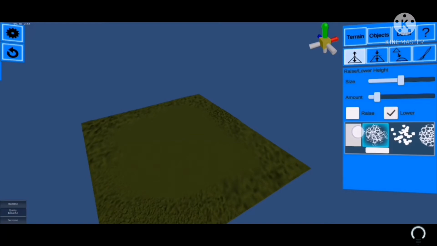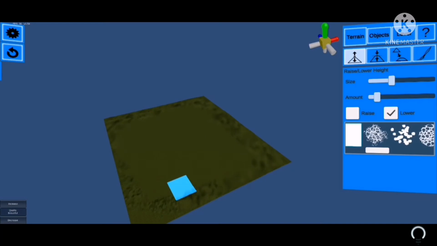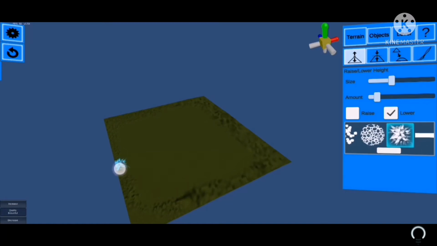I'm adding a few mountains. This brush makes those too long. Make those shorter. And I'm adding mountains. This brush's amount.